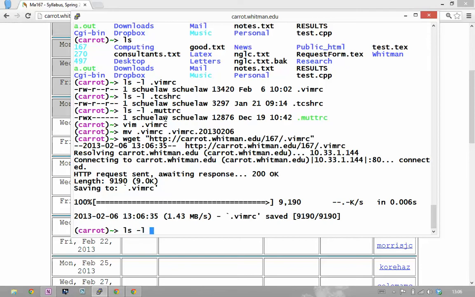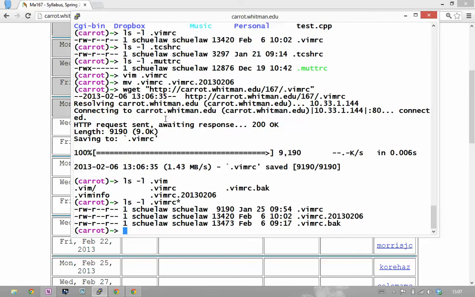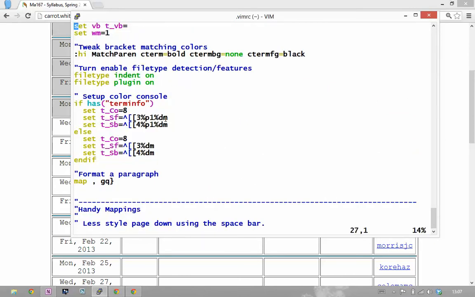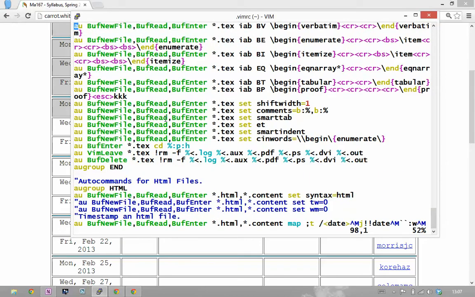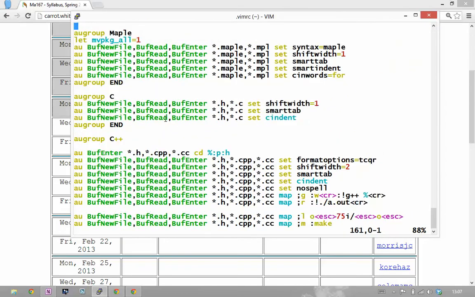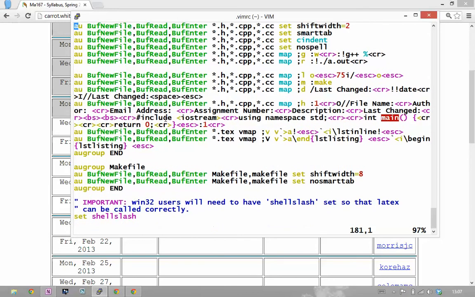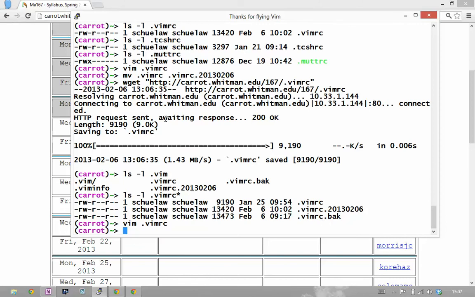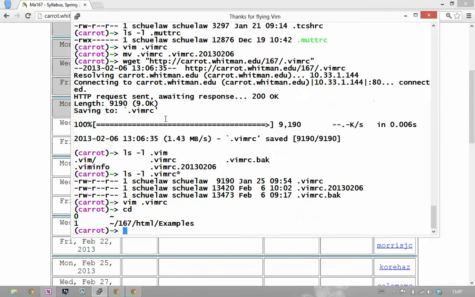Now if I ls my vimrcs, you'll see there's another one in there that I was playing around with this morning. But here's my original one, the one that I renamed. Here's the one that I just got from the web. And if you look inside there, I've essentially just cleaned it up, removed lots of extra stuff, and somewhere down in there is semicolon G, semicolon R. If you follow these steps and then you go and edit a program,